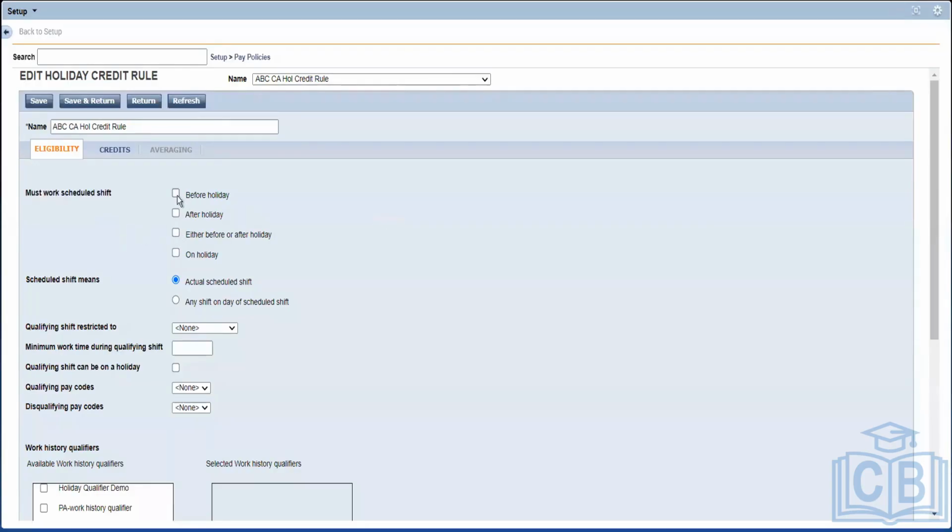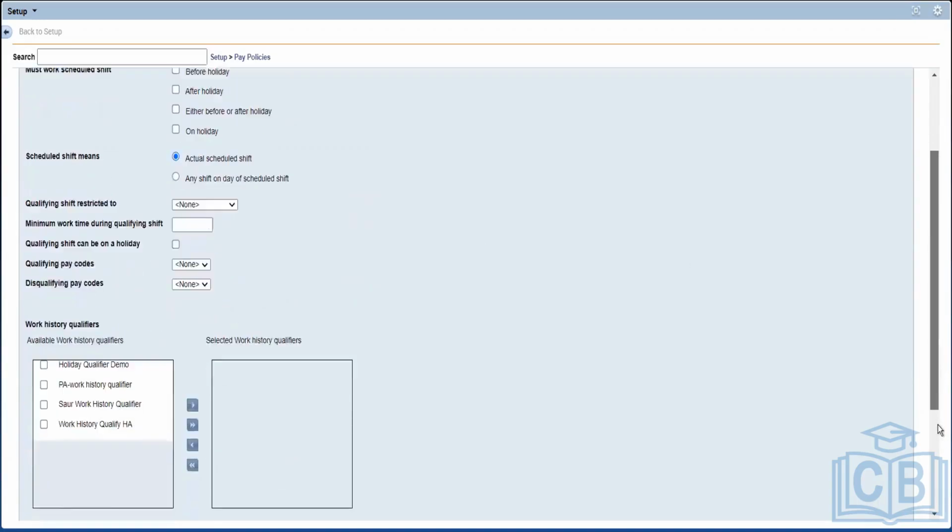We can say the employee should work before and after the day to get the holiday credit. If he is not working before or after the day, that means he is not eligible for holiday credit. We can give conditions, or we can say either one day before or after he should be working. Only then he will get the holiday credit. We can define these conditions here.